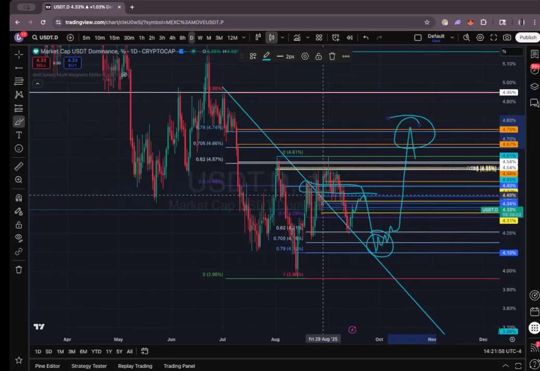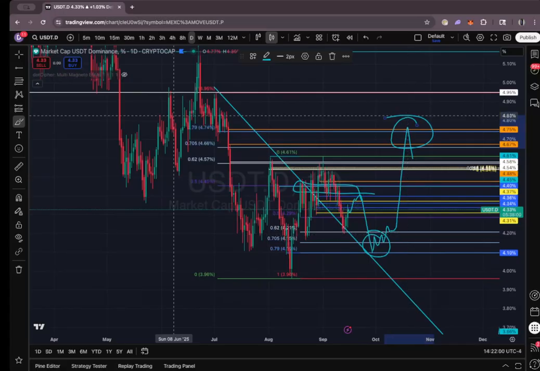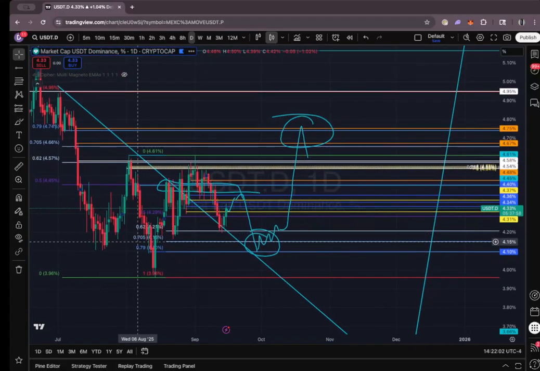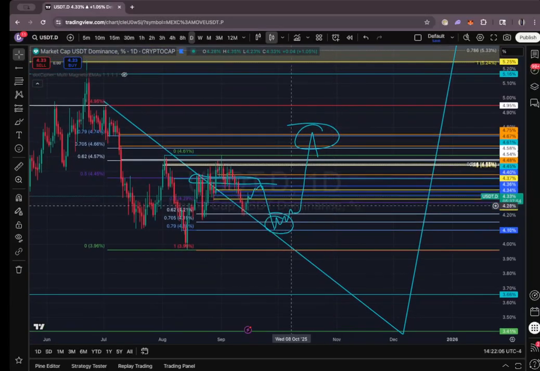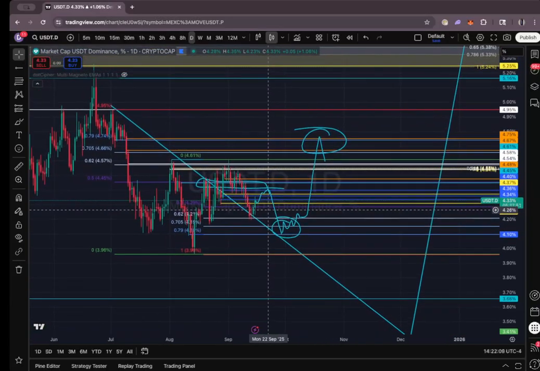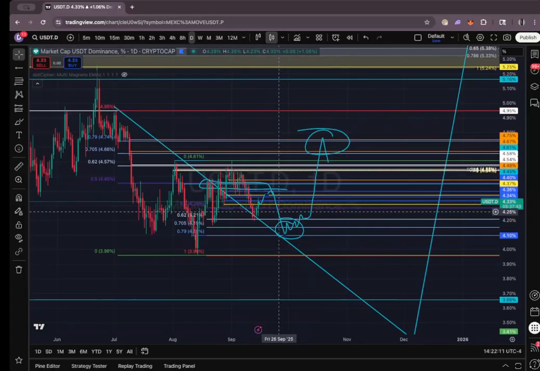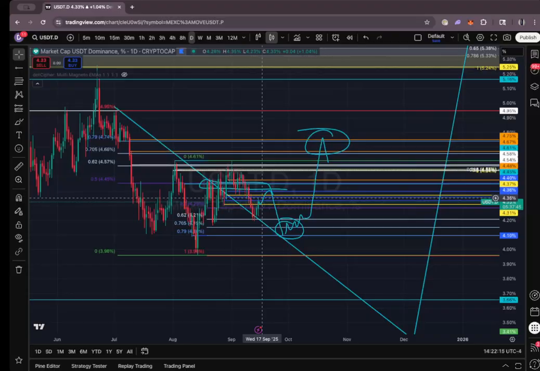Now, this is where this range is basically going to try and take out both longs and shorts until we see the real bullish move. The real bullish move has yet to happen and will probably not happen until everyone least expects it. Right now, everyone is too bullish, right? And we're seeing these range lows retested. Everyone's too bullish.